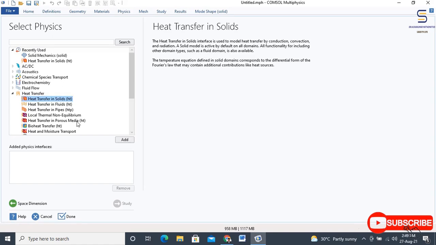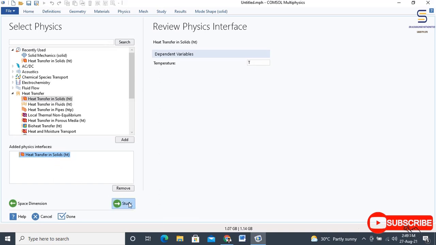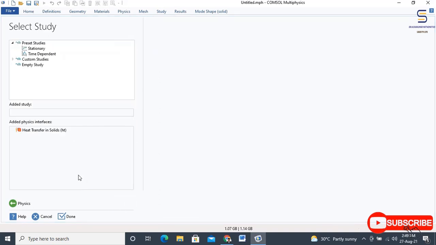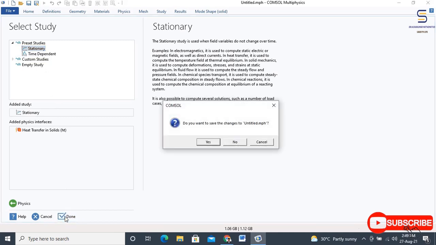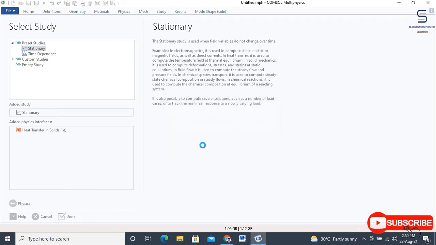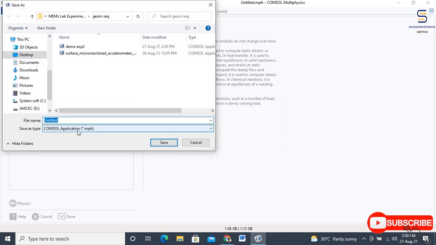Double clicking heat transfer in solids will add the physics interface. Go to the study. Since we are going to do a stationary analysis, let us go to the stationary part and then click done. Let us save this as heat.